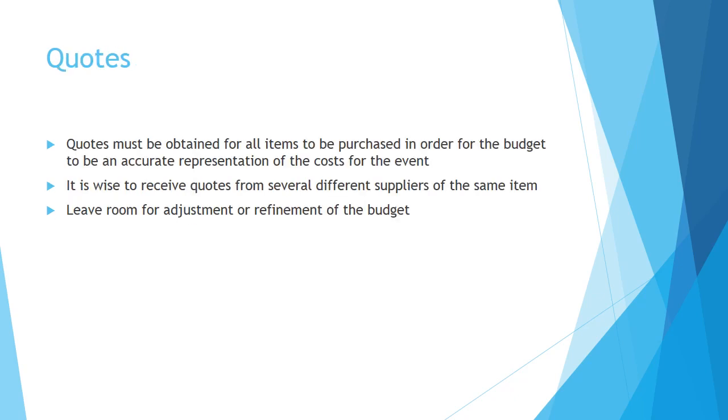When planning the budget, quotes must be obtained for all items to be purchased in order for the budget to be an accurate representation of the cost for the event. It is wise to receive quotes from several different suppliers for the same item in order to receive the best price for that item. It is also wise for the forecasted budget to be under the amount that the client was willing to pay, to leave room for adjustment or refinement of the budget, as well as extra money to purchase items that may have been overlooked or unplanned for in the original budget, and unforeseen items that may benefit